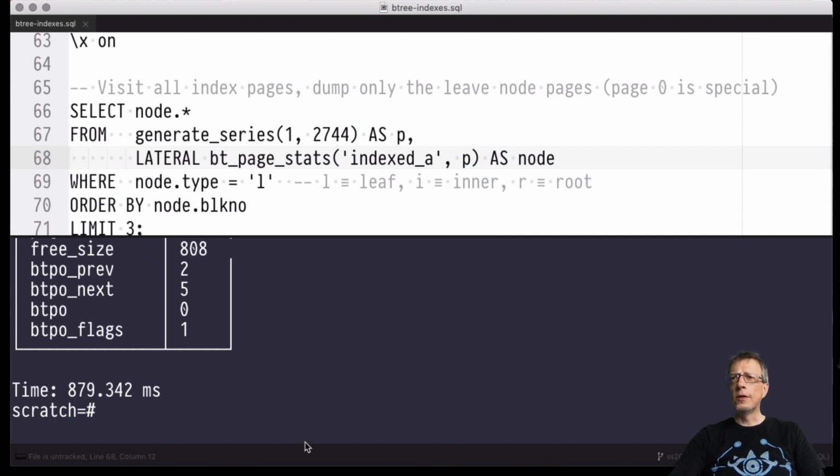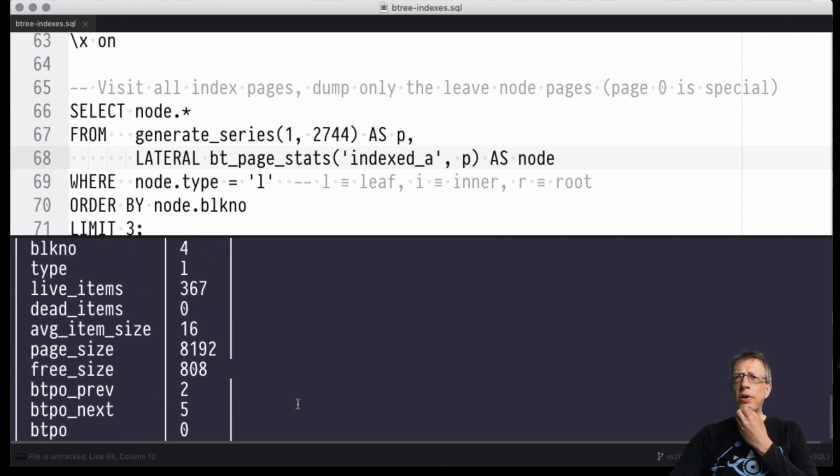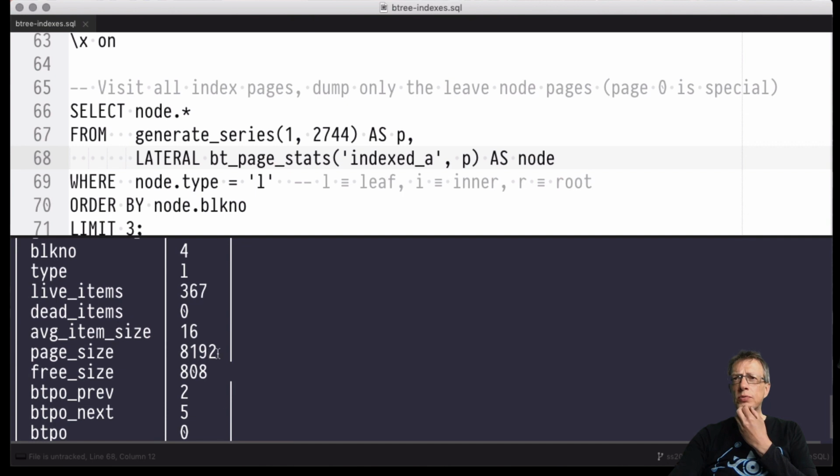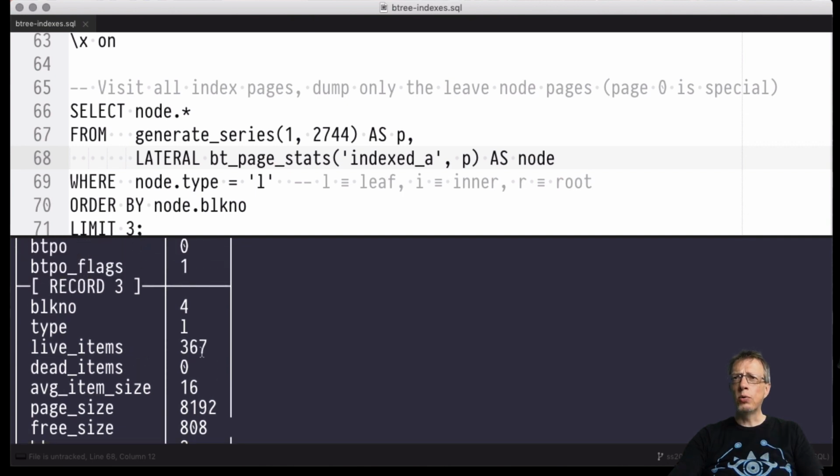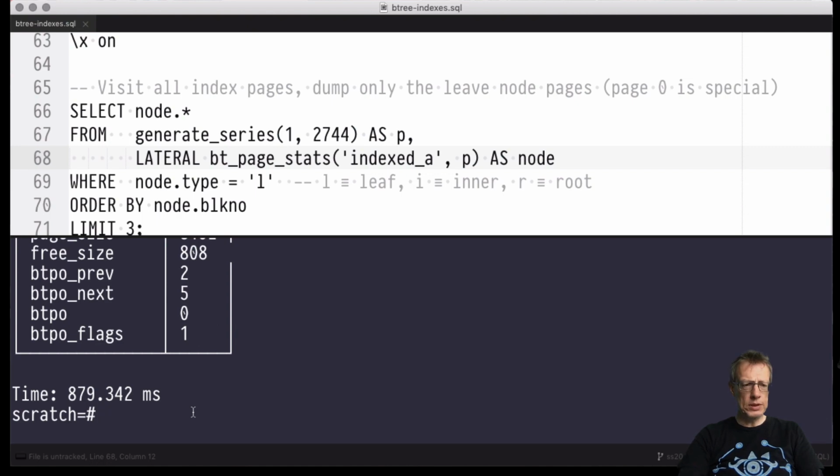Okay, so let's see, there is 8 kilobytes of space and only 366 entries have been occupied, and all of these entries have a width of 16 bytes. That means that